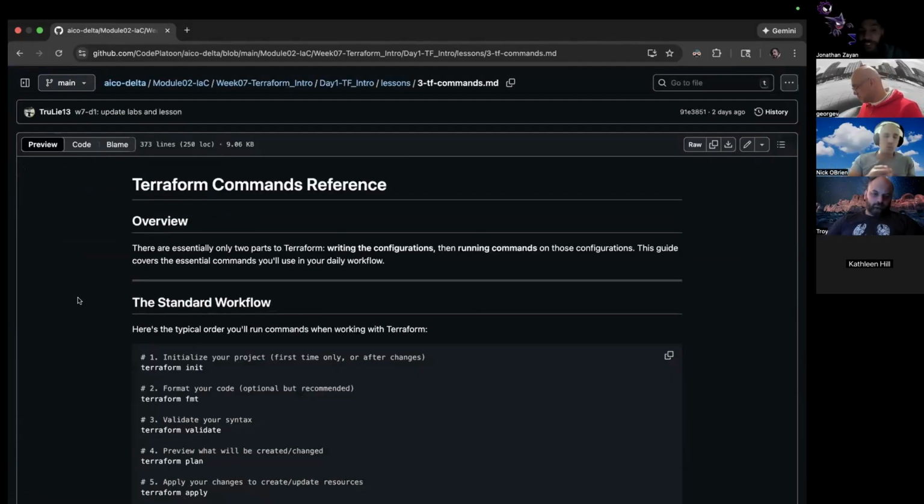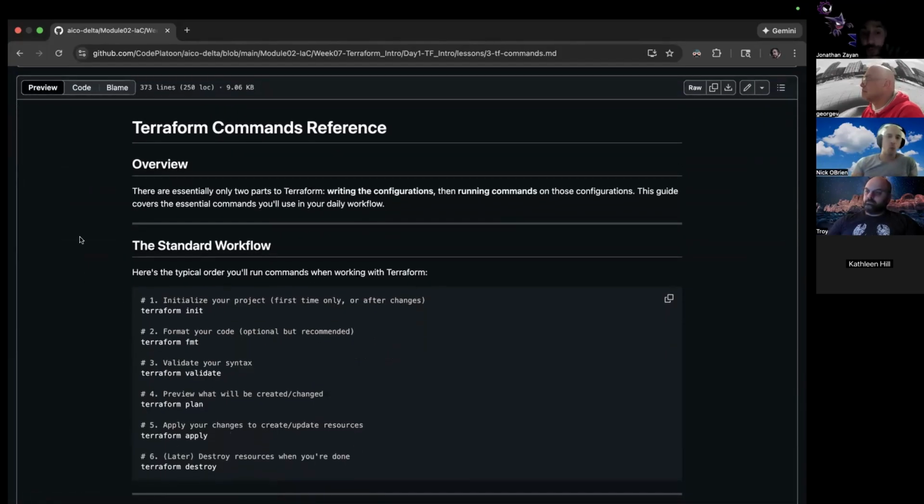Terraform commands. This is essentially what we talked about already, because that's kind of how simple, and when I say simple, I mean simple in theory. Terraform gets very wild, but the concept of it and the basic execution is very simple. But right now we're going to talk about some of the commands.